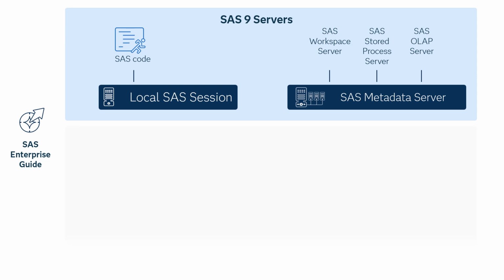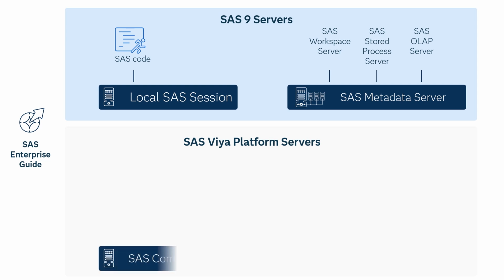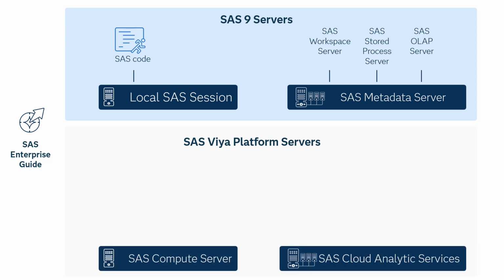SAS Enterprise Guide 8.4 and higher also connects to SAS VIA. While this configuration does not support SAS metadata server dependent features, it offers additional capabilities. SAS VIA features two servers that communicate seamlessly: the SAS Compute Server and the SAS Cloud Analytics Services Server, or CAS server for short. The SAS Compute Server functions similarly to a SAS 9 workspace server, executing traditional SAS code, supporting point-and-click interfaces, and in addition, integrating with Python and R.